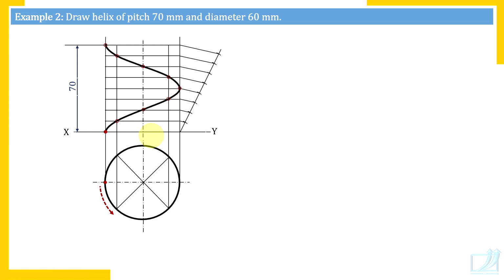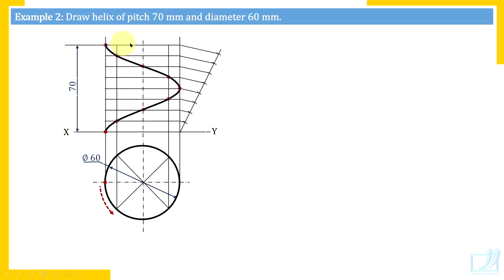So the curve is complete. Now what is the difference between the last problem and this problem? There are two important points here you should understand. I have not made this rectangle dark. The reason is there is no cylinder, so there is no question of top edge of the cylinder, bottom edge of the cylinder. And if there is no cylinder, that means there is no surface involved here to hide this curve. So there is no hidden portion. This is very important to understand here.